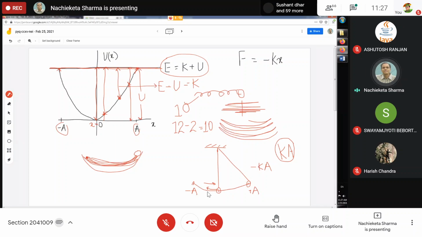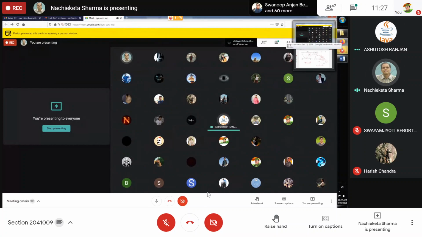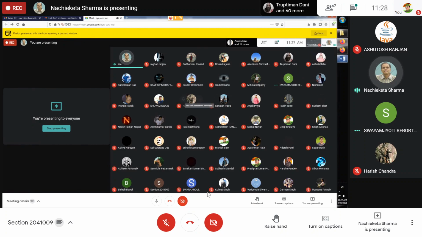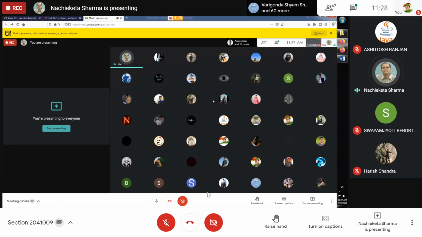Yes, anybody, can you say? Yes. Sir, first one, inertia. Inertia, that is right. And the other property? Restoring force. Elasticity. If there hadn't been elasticity in this world, then you cannot have a back and forth motion. If there hadn't been inertia, then you cannot have a back and forth motion.